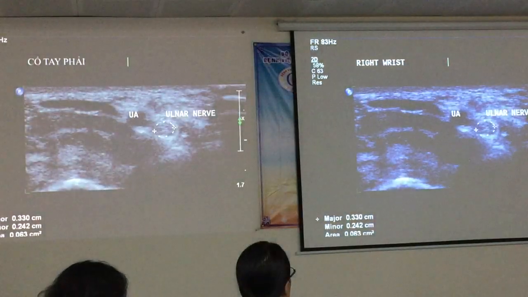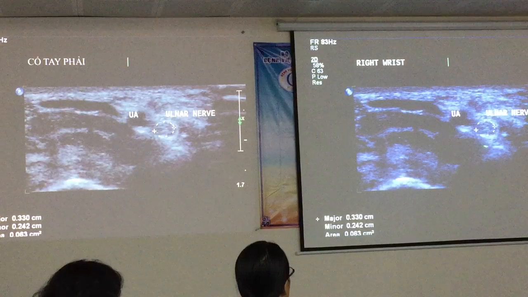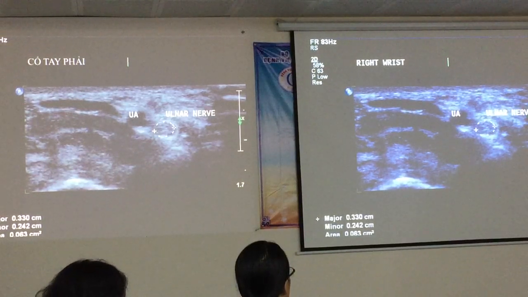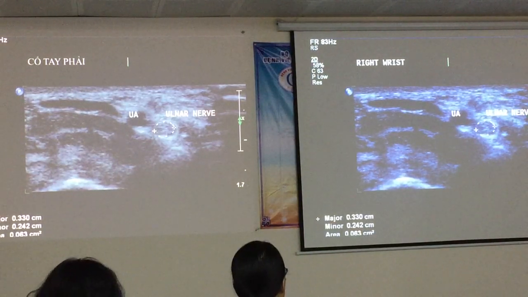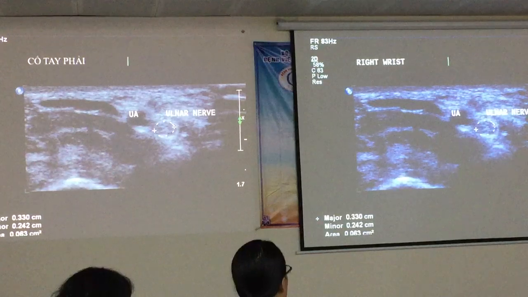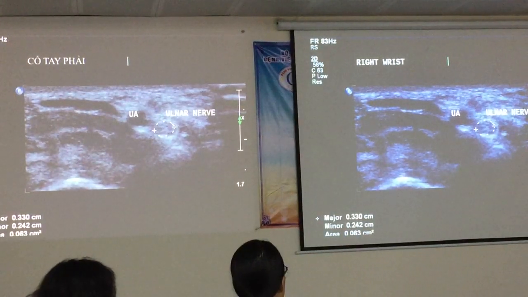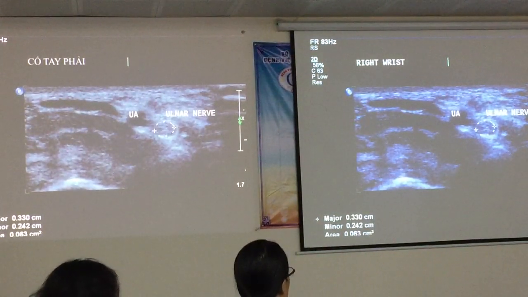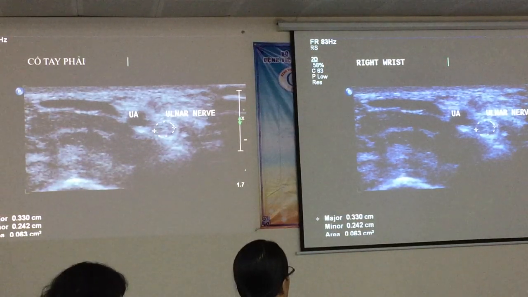So this is an image of the ulnar nerve, just here, right next door to the artery. And compared to carpal tunnel syndrome, ulnar neuropathy is actually quite rare. So once again, we just need to make sure that there's nothing compressing on this little nerve that could be